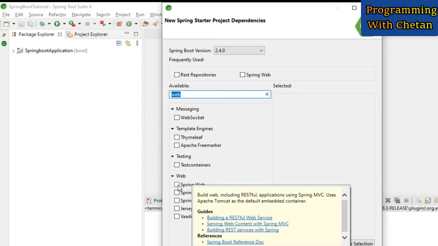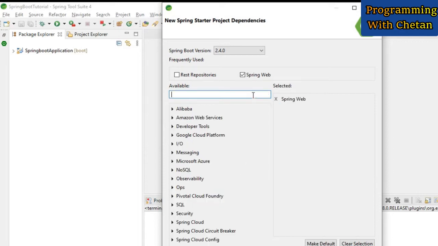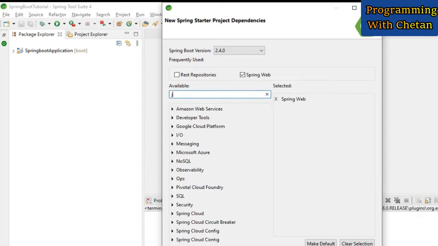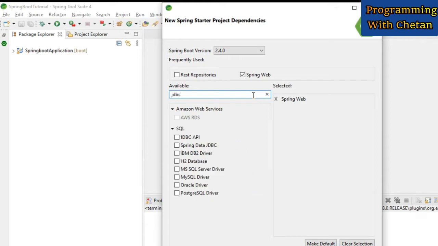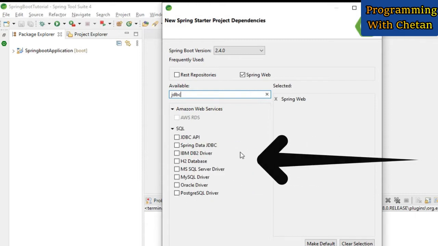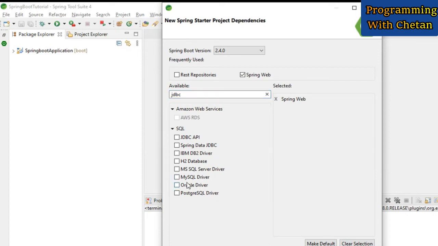So here I am selecting Spring Web, and if you have to add the dependencies for your database, then you can simply type JDBC and you will get an option to add the dependencies for different types of servers. Whether you are using an Oracle database for your application, or if you're using a Postgres or MySQL database, then you can simply add the dependencies by selecting the available options.